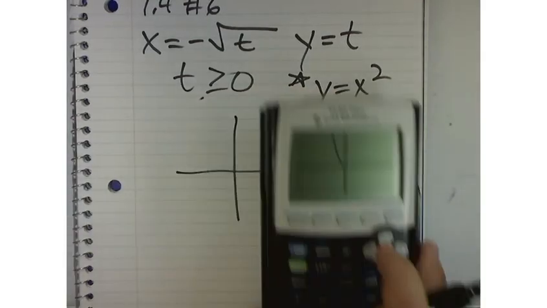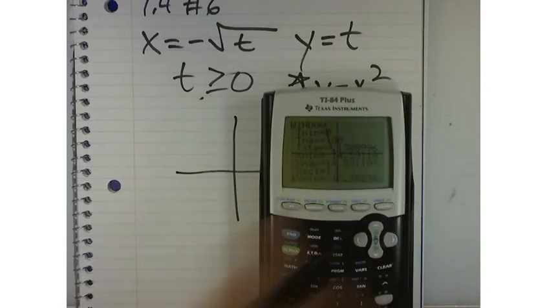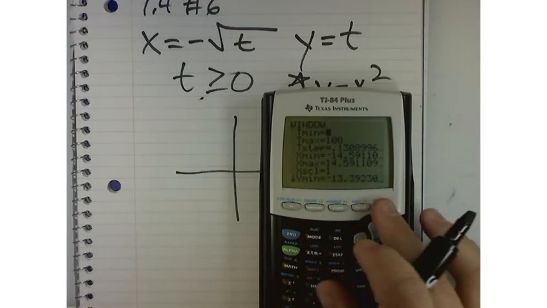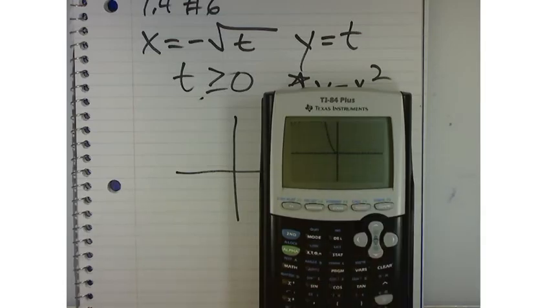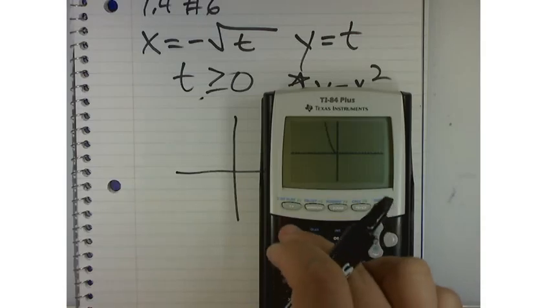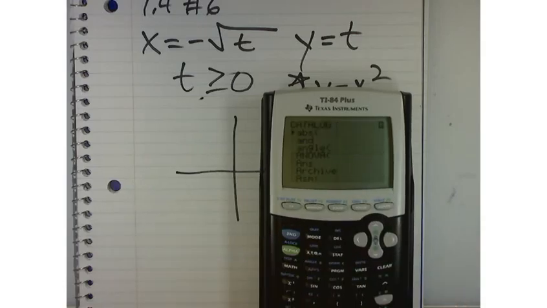Now watch when I hit graph. I'm going to come back in here to the window. Watch how it draws it on the calculator, because that'll show you the initial point and the terminal point. When I hit graph, watch what you see. Oh, we have to clear it out. So if I go to second catalog and I come down here,